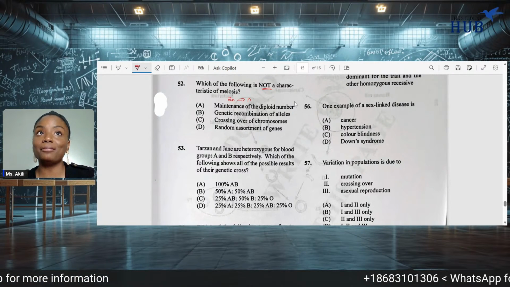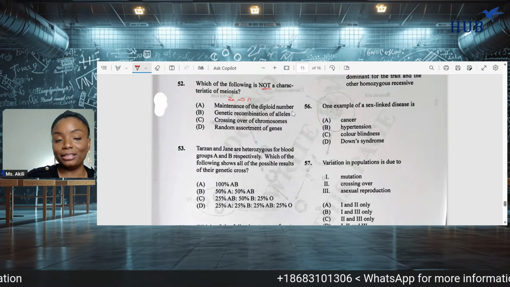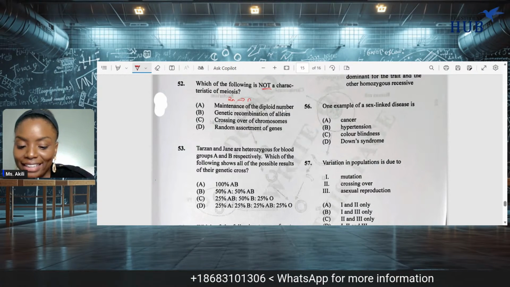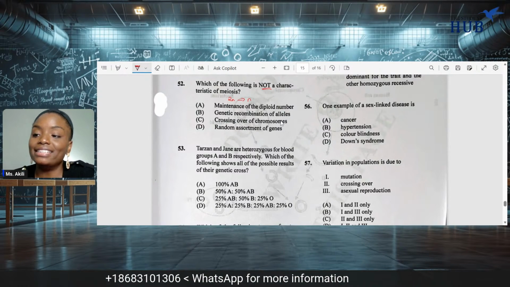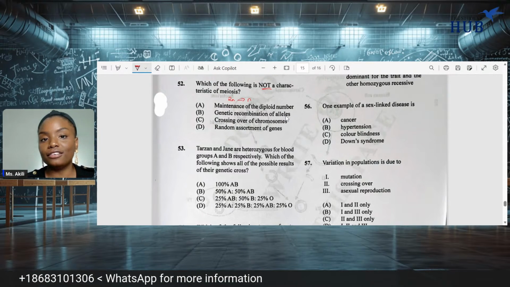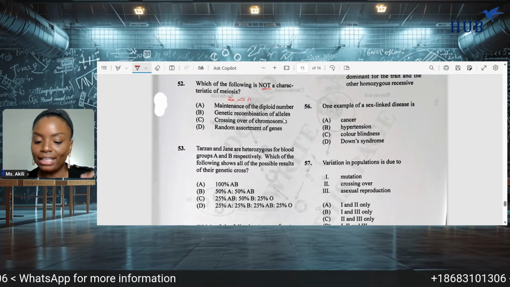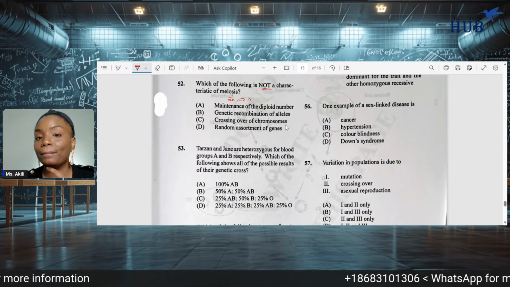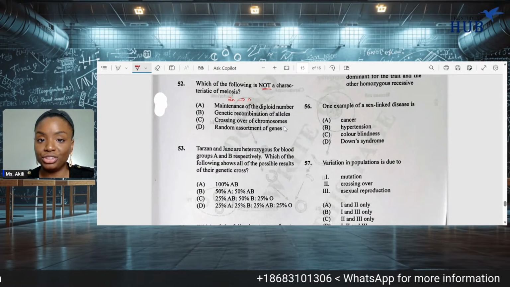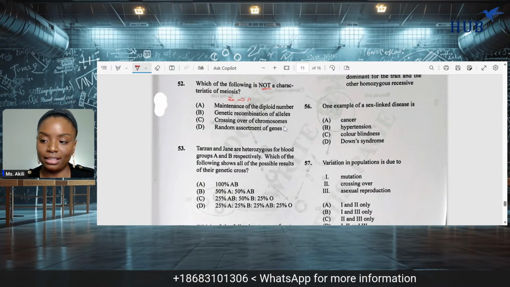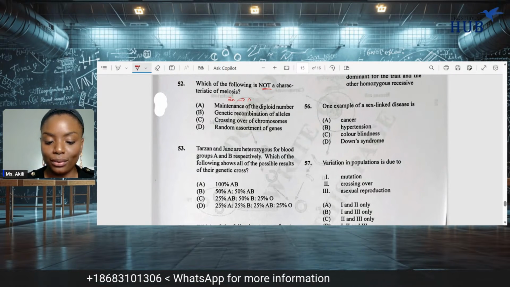Now, the fact that meiosis does produce haploid gametes overall would lead to the maintenance of the diploid number within the species, but for the specific meiotic event, it does not maintain the diploid number. Mitosis would do that because it produces identical copies of the parent cell, right? So the answer for this one is A,